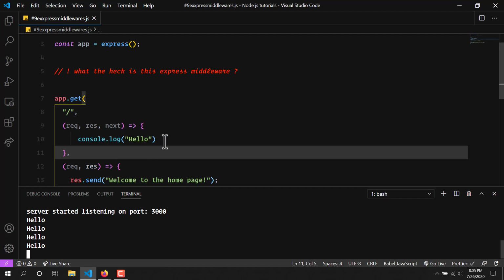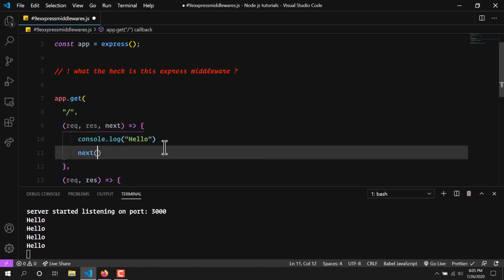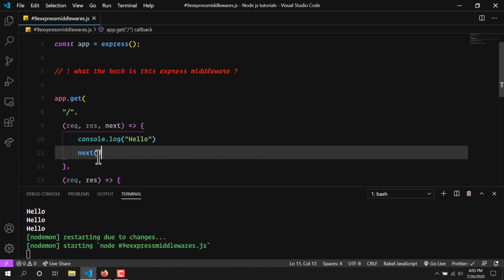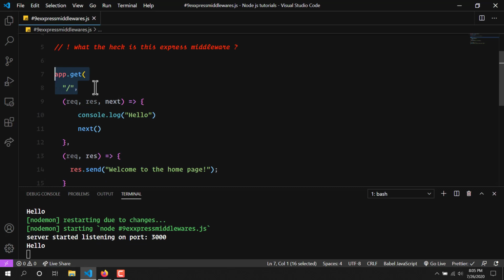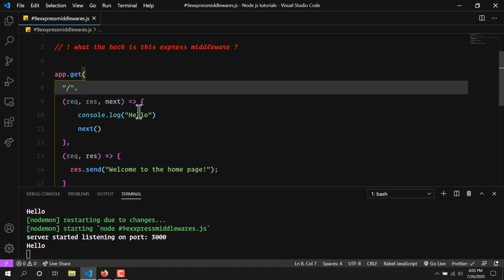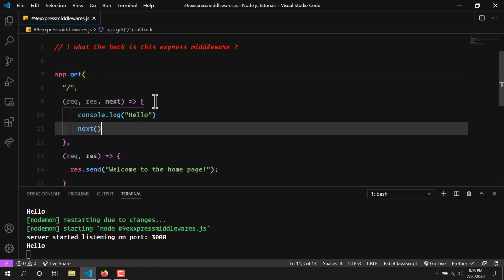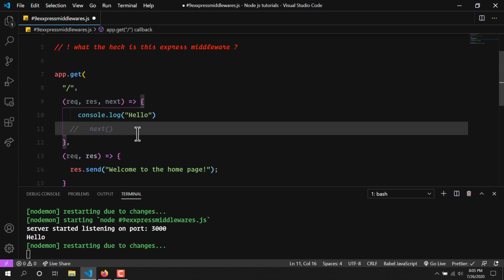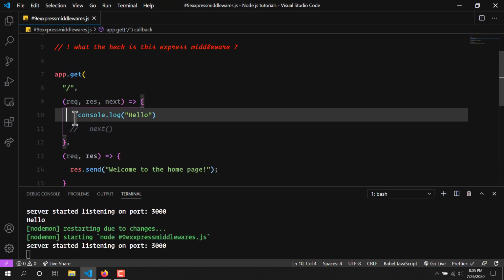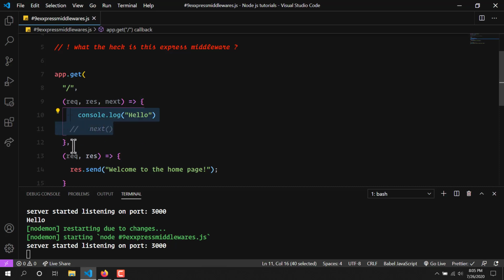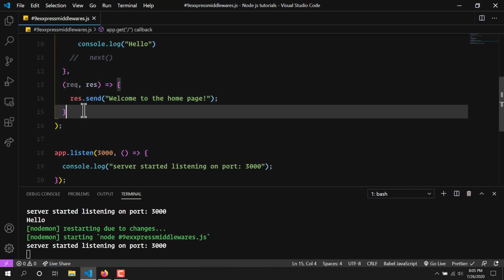So how do we fix this? Simply, when the piece of code is executed, we call the next function. What it will do is that whenever we make a request to the home route, first of all this piece of code will execute, and if there is no next, it will just stall here and not execute the further function.